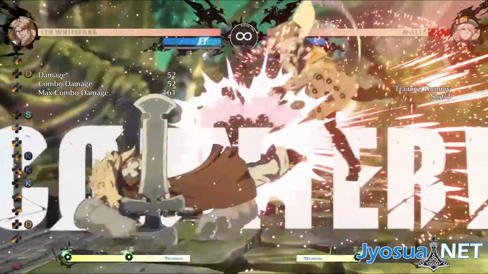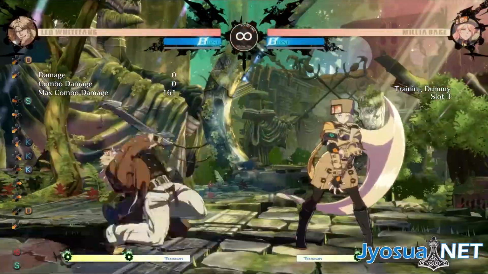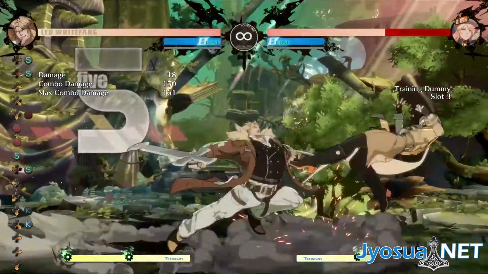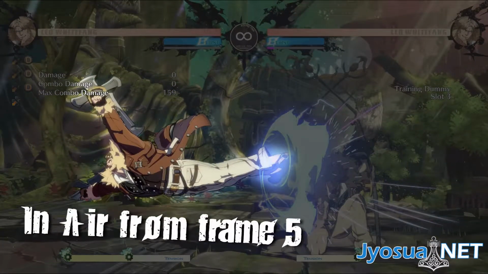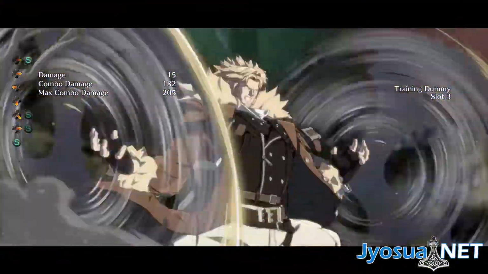On counter hit, it leads to the highest level counter hit, similar to Leo's heavy slash normals. But because of the opponent being airborne in the positioning, it can be a bit tricky to take advantage of. It's also important to note that 2D is considered airborne from frame 5. This, combined with how strong of a counter hit it is, makes it a very powerful tool for calling out